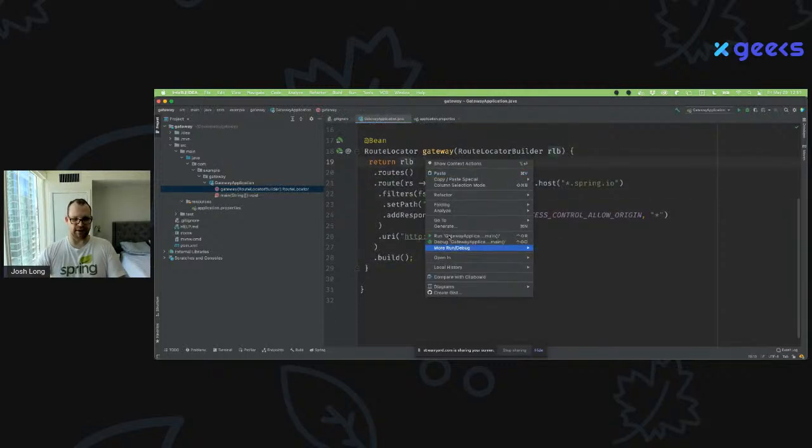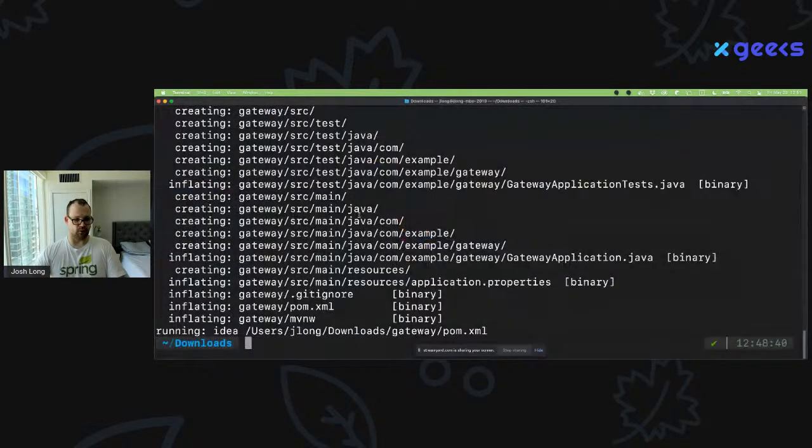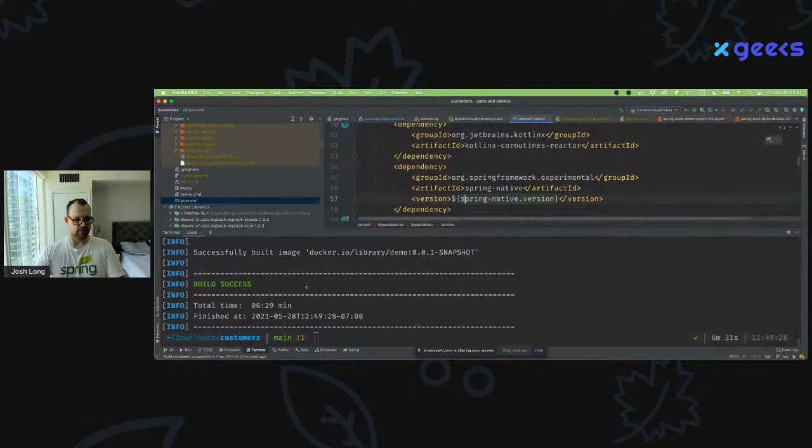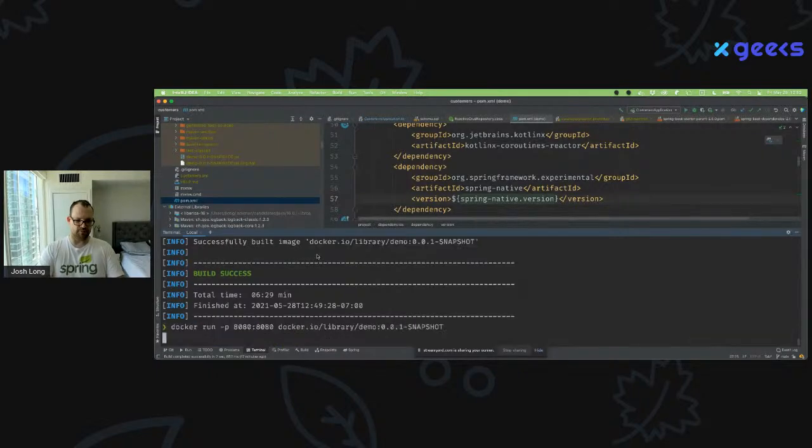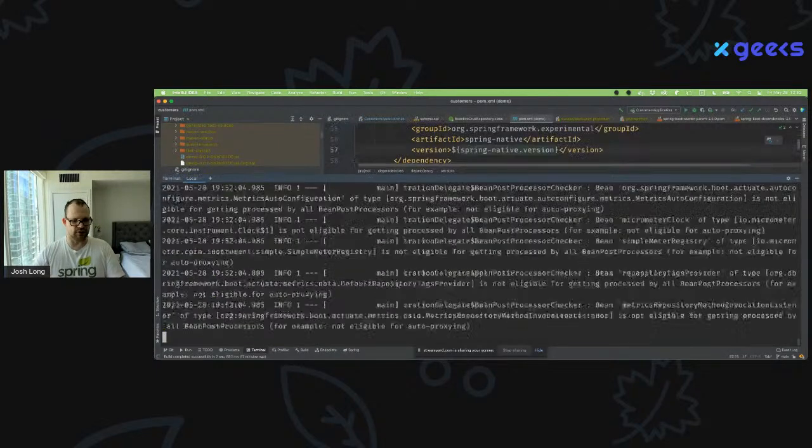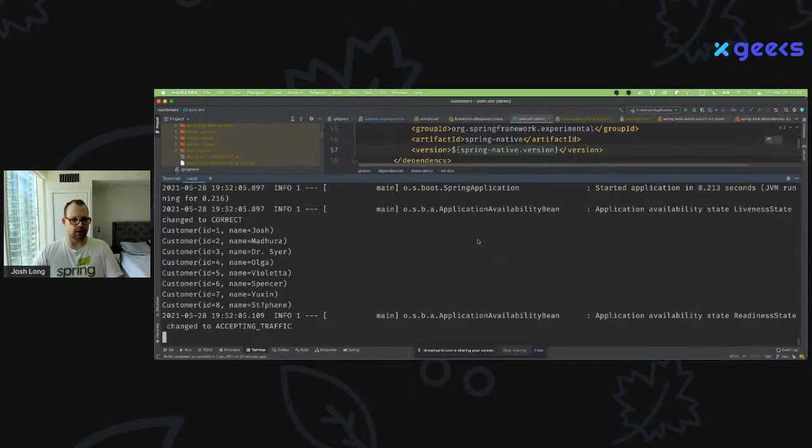Okay, so here's my little application. Let's see if that works. And this is finished, by the way, over here, my Docker image. So let's run it, okay? Docker run port 8080, 8080. Okay, so it's gonna kick off. Whoa, oh, because I'm streaming, that's right. It's much slower because I'm streaming right now. It starts up in 0.2 seconds, so 1/5 of a second.